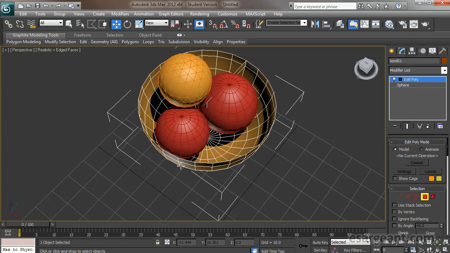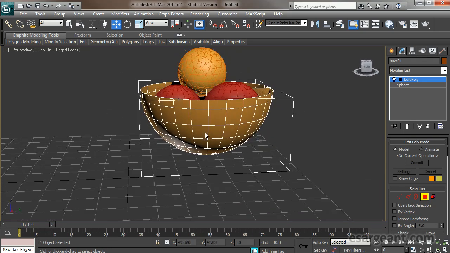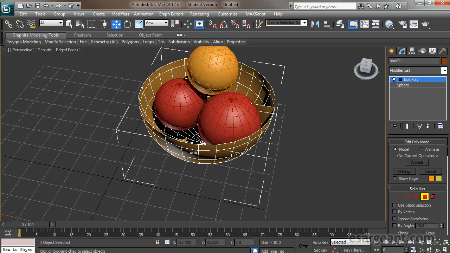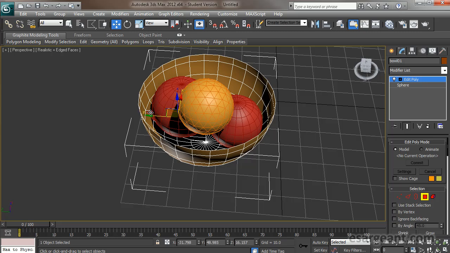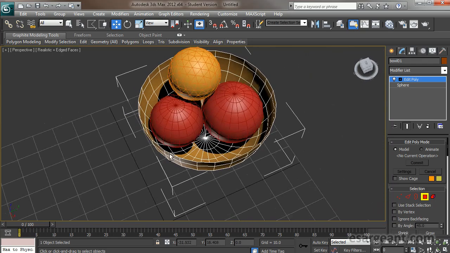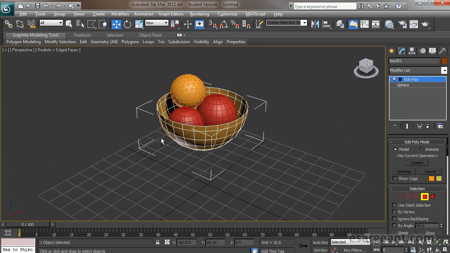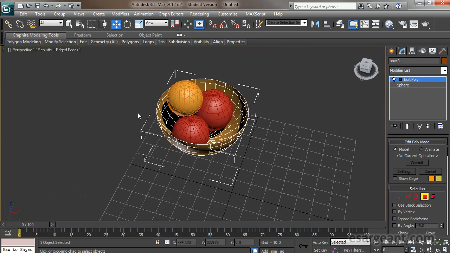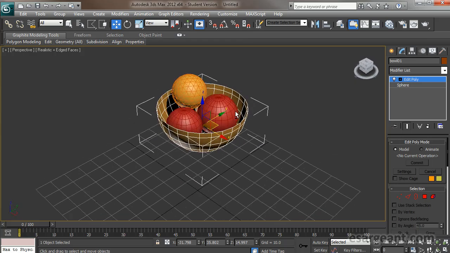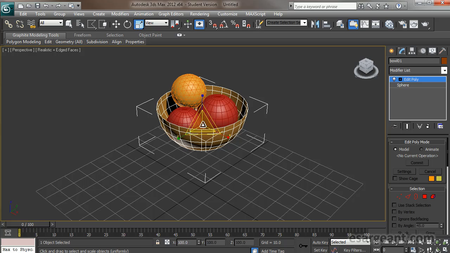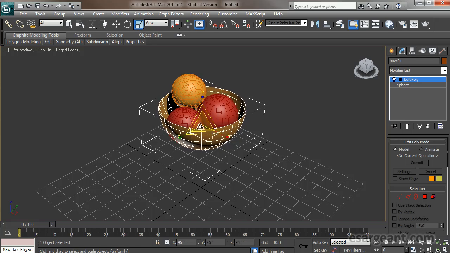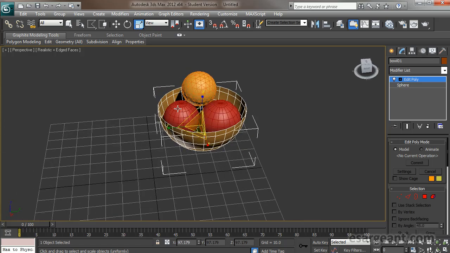All I need to do then is tap the delete key on my keyboard, and I've just removed those faces from my object. You'll see we've got some additional faces in here in this case, so I'm just going to delete those out. So I've got rid of all the ones I need to worry about, and you can see my bowl is created. So all I need to do then is take myself out of sub-object mode. I can just revert back to my scale tool. Maybe I'll scale the bowl down a little bit,